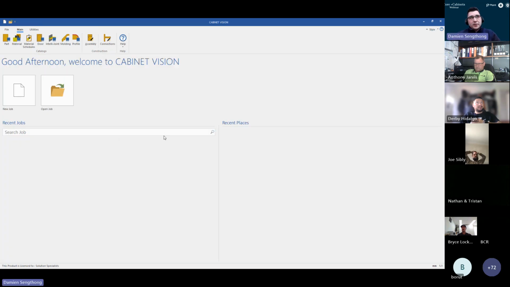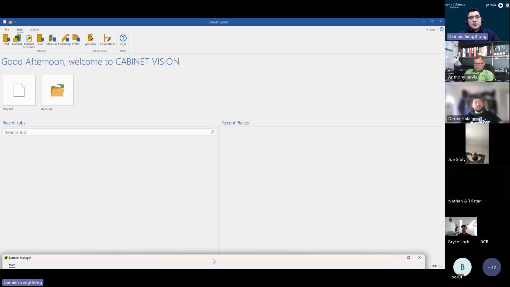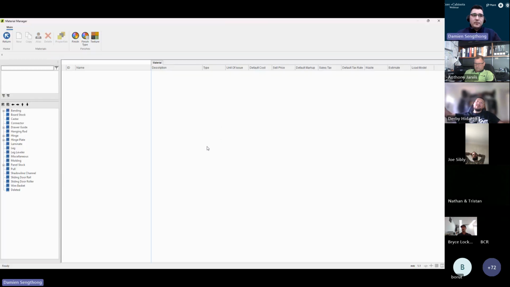Now, to create your own materials, up on the top ribbon bar, we have the material tab here. So I'm going to click on that, and I'm just going to drag this window up for you all. As you can see here on the left-hand side, these are your list or categories of materials that are available to you. Now, this is the material manager for those that haven't seen it before. The material manager is essentially where all your materials are initially created, and you can also apply them into your Cabinet Vision projects. So the most common materials that are created generally would be your draw guides, so your draw